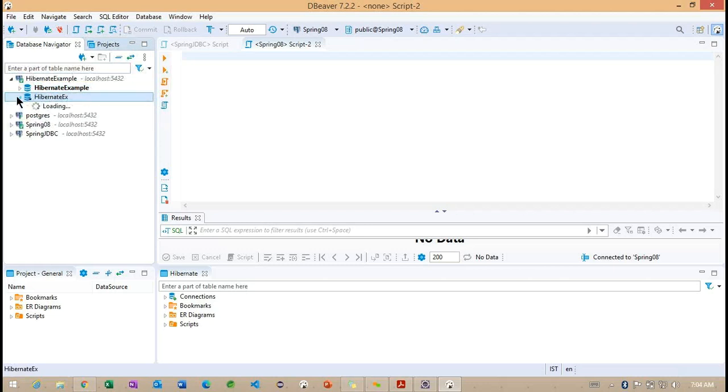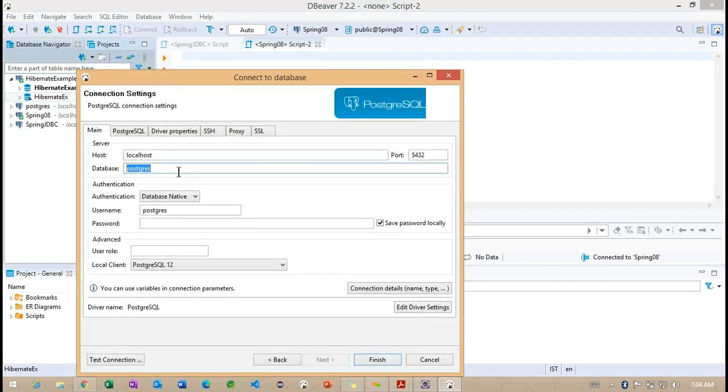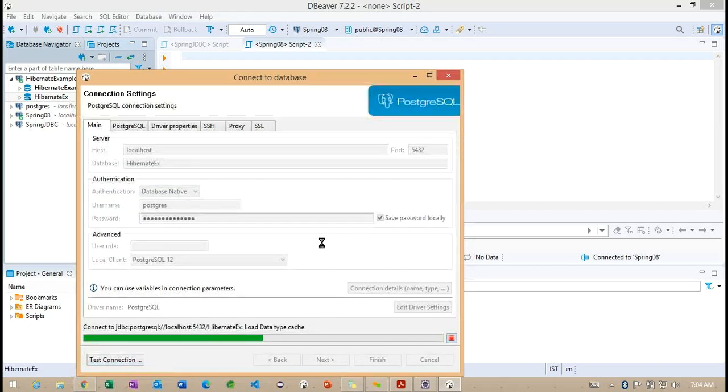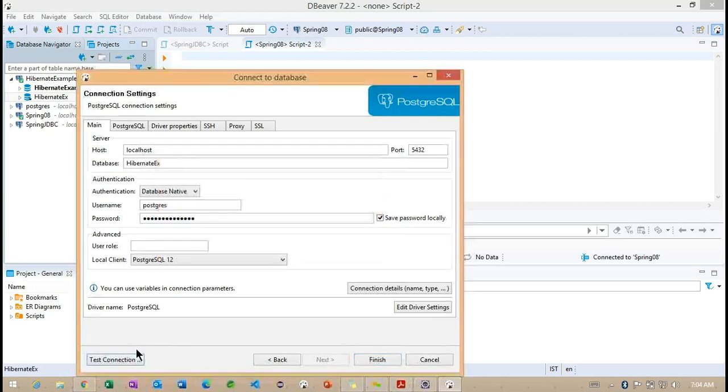Now you can see Hibernate TX is nothing but one more database we created here. If you want to work with the same thing, we can create a Hibernate TX here. Previously the database was not available, because of this we were getting an exception. Now we need to specify our password, the one we use to connect to our database. You can see we have the test connection, which is giving success here, and below you can see the test connection giving the proper expected output.